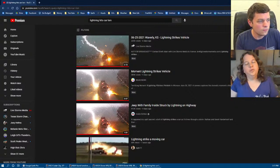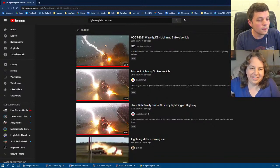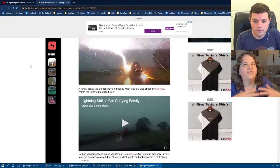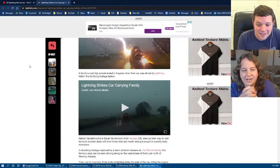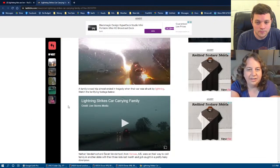Apparently Nathan and Sarah were the ones driving the vehicle in front, and what really stood out to me is that the lightning hits, and then all the electronics fry inside the car. Do they? The lights go out. Yeah, so one of the articles I pulled up here said that